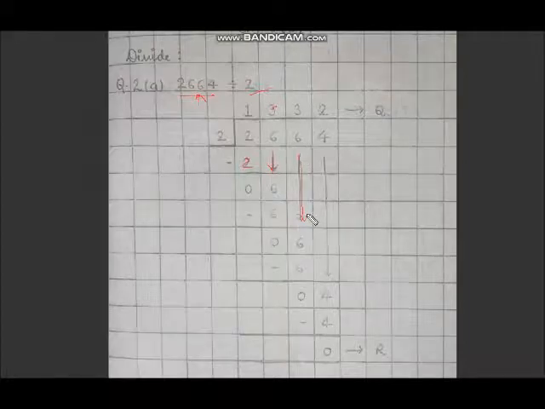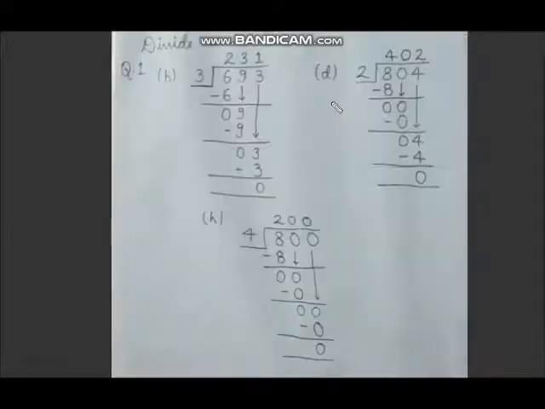Again we will note the next 6 and in the table of 2, 6 comes 3 times. We will subtract 6 only. Then at last we will write this 4. So in the table of 2, 4 comes 2 times. So 2 we will write in the quotient part and we will subtract this 4 and we are getting remainder as 0 and 1332 as quotient.